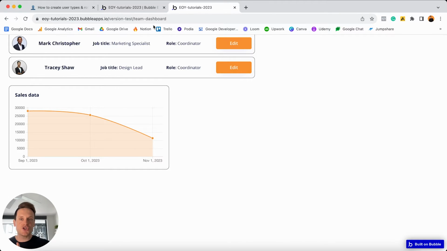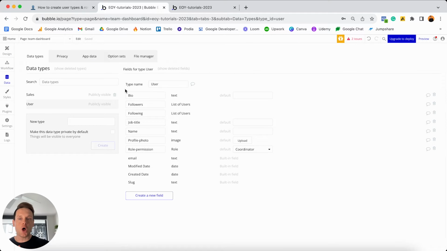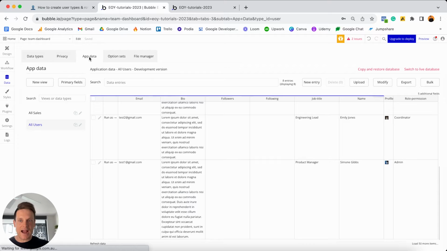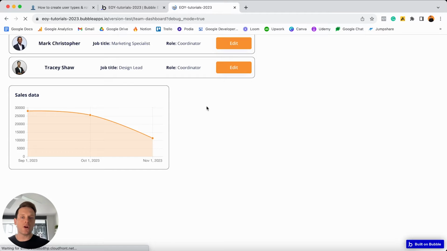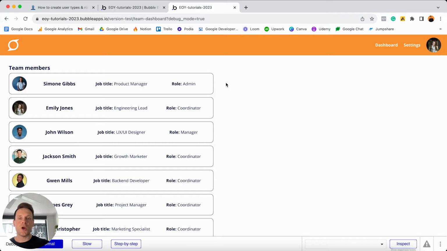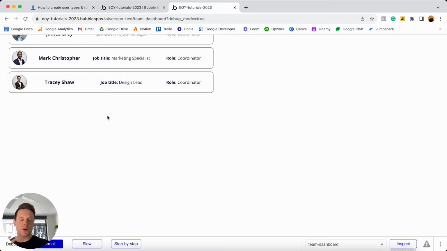Now, if I was to jump into my database and log in as another user that is not an admin, so if I head to my app data here, scroll on down and run a preview as this user here who is just a coordinator, not an admin, what you'll see is that over in this person's account, they don't have the ability to update the roles of any of their team members. And if we scroll on down to the bottom of our page, they also don't have permission to view that